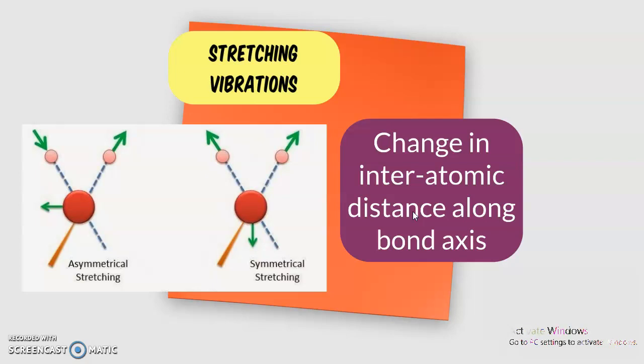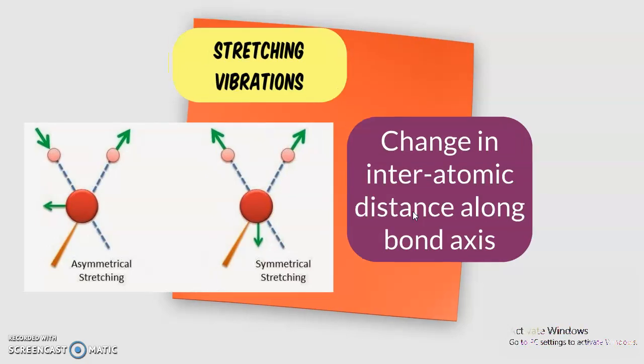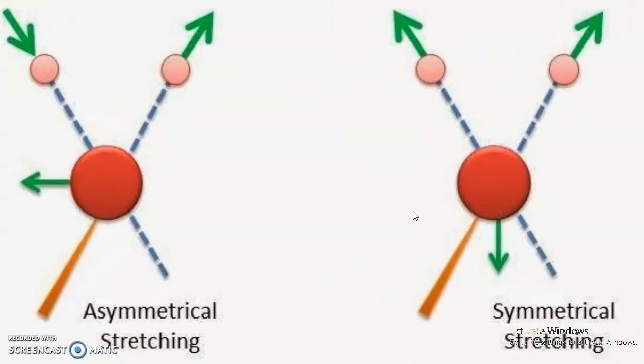If one is going up and the other is going down, one, then the other, like a seesaw, it is an asymmetric stretching. However, these stretchings happen in one plane. Okay, they are not out of the plane stretching. So these are my stretching vibrations, either symmetrical or asymmetrical. Why does it happen? Due to a change in the interatomic distance. What is the second type?